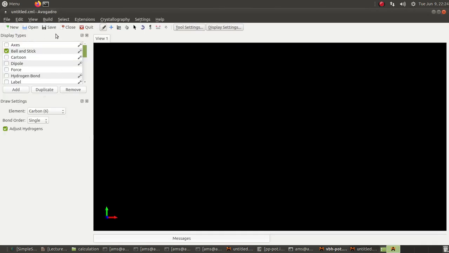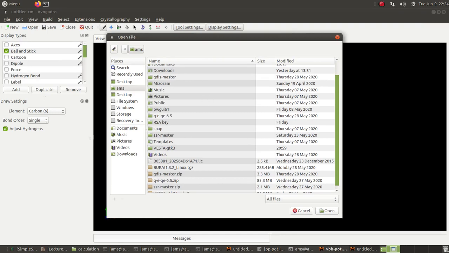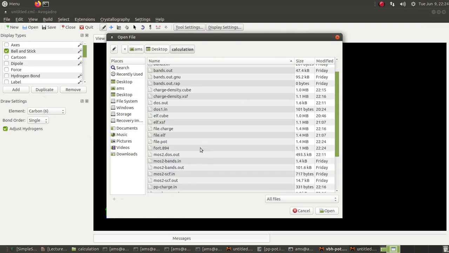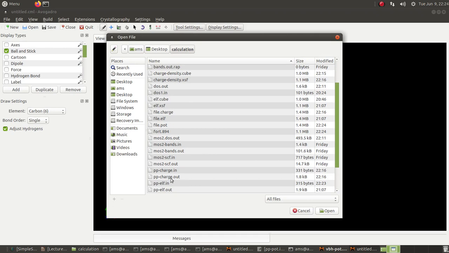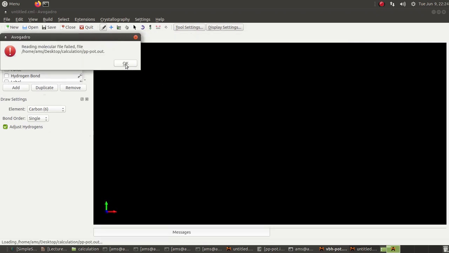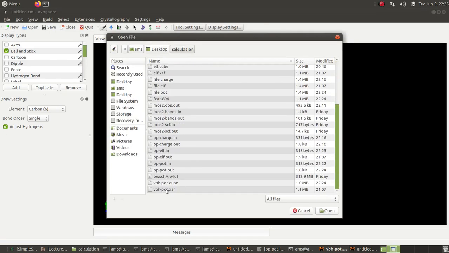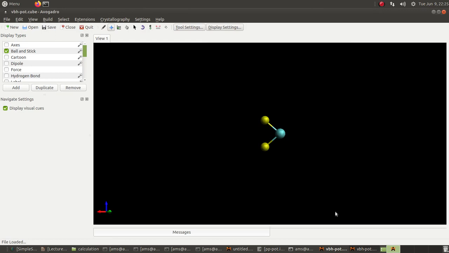File, open, desktop, we go to the calculation, and yes, so this is our file VBH plot. So you have to put the correct file name.